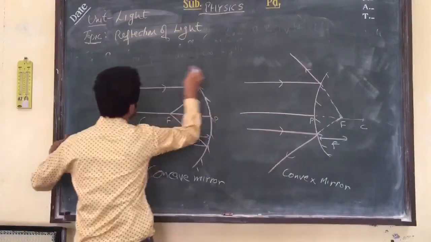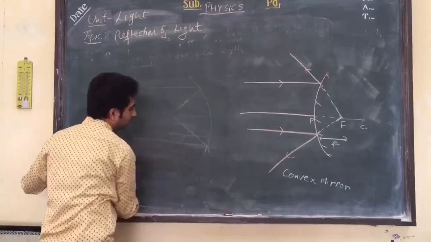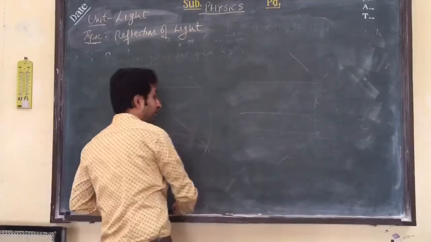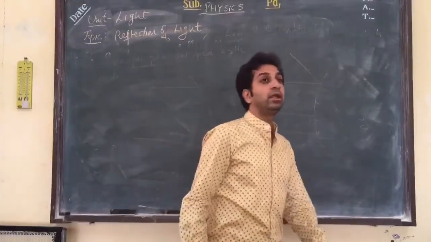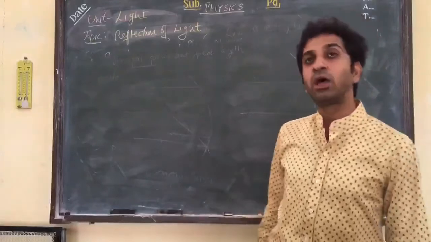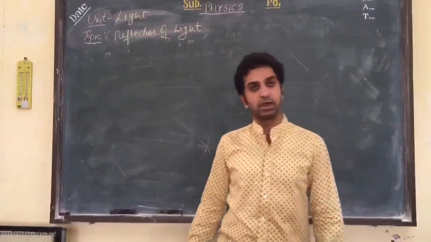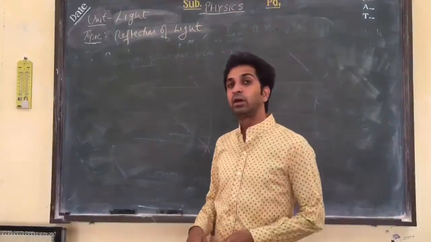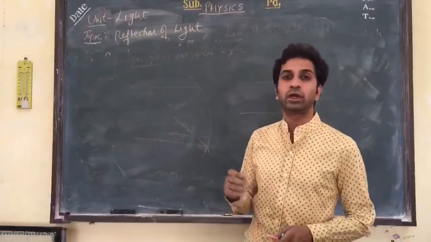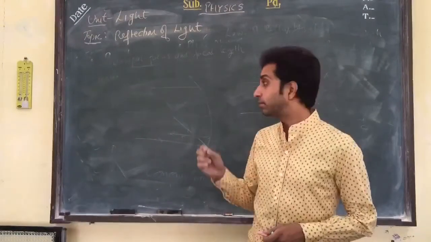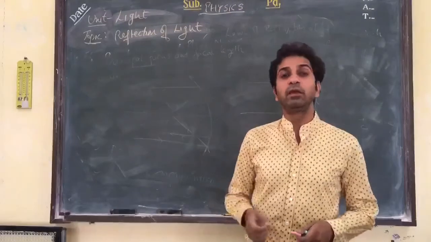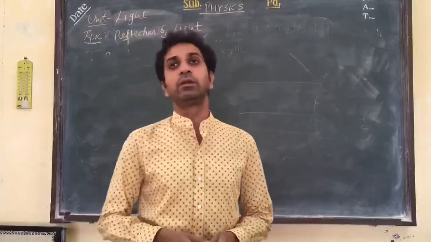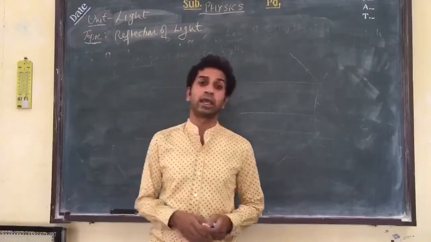Now next we will draw the ray diagrams. Ray diagrams means we just want to represent diagrammatically the position of the images for various positions of the objects placed in front of the mirror. So these ray diagrams are quite important. You must practice these diagrams with your ruler and a pencil and draw them neatly and properly, because straightforward questions come sometimes in board exams also. You must be very well practiced with these diagrams, right?